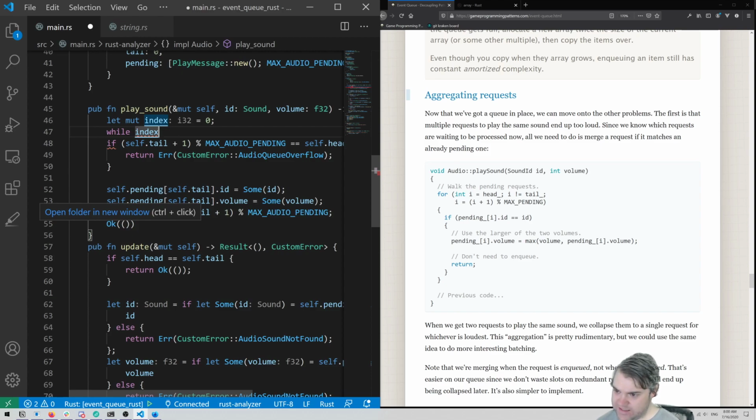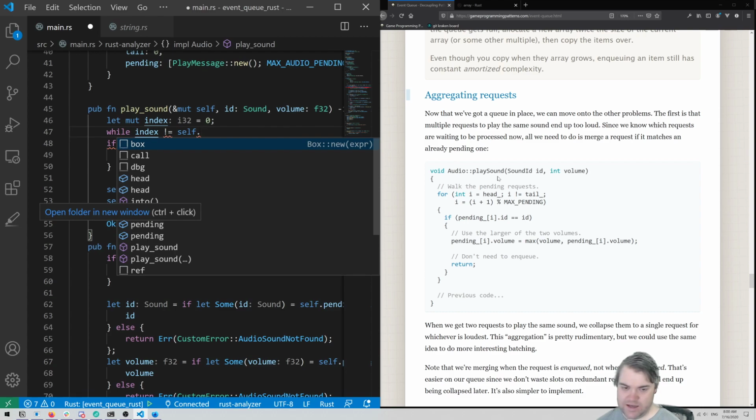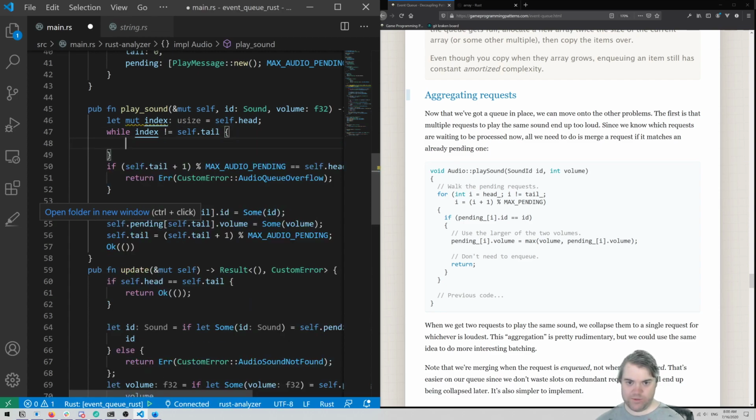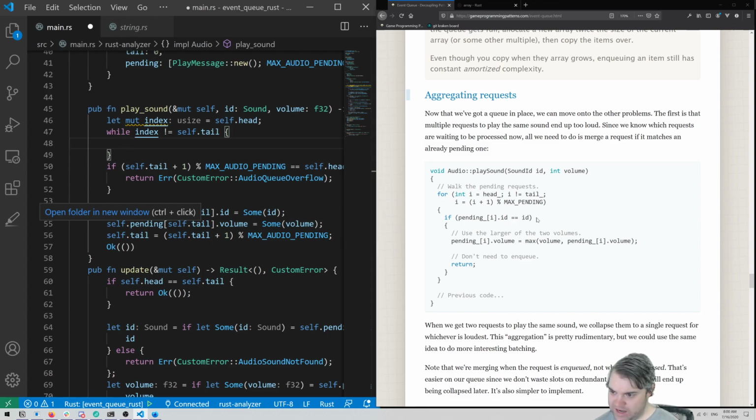Okay, so while index is not equal to self dot, oh, we need to set this not to 0, but to self dot head. And so while you're not equal to self dot tail, then we're going to do a bunch of stuff. So we're going to figure out if the ID that we have in pending is equal to this ID,